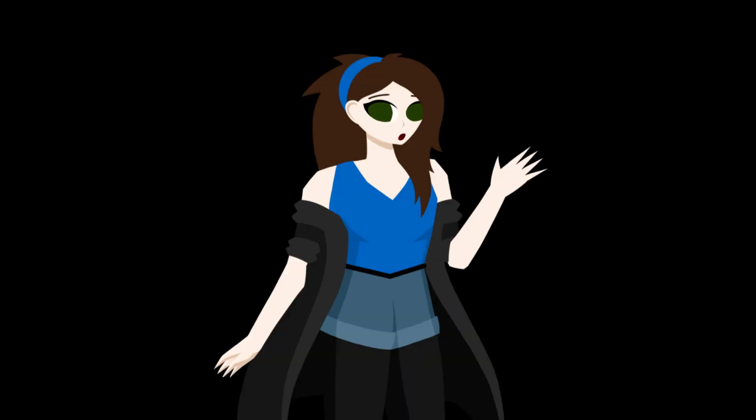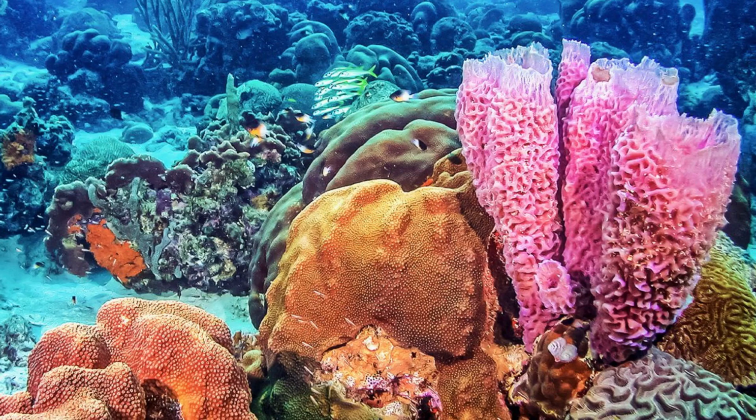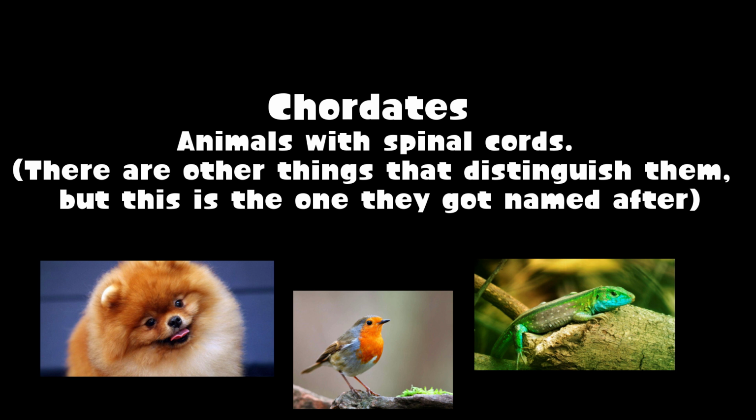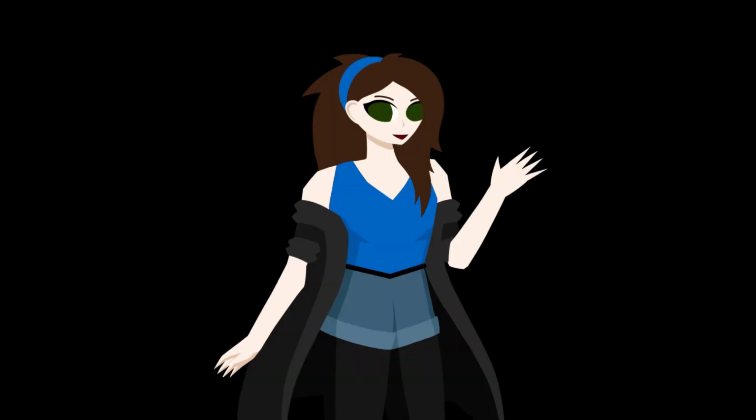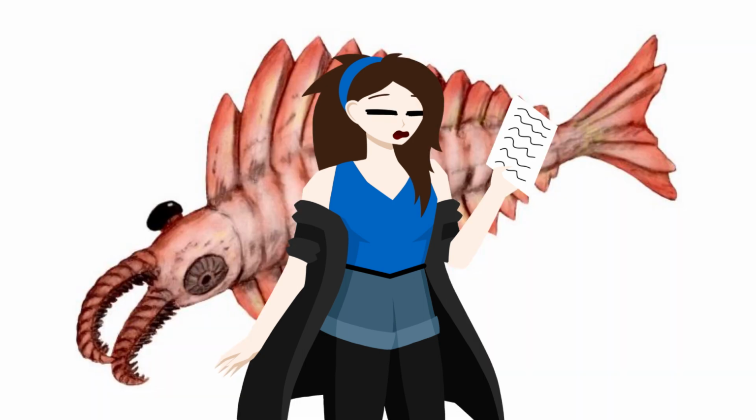We're not going to go over all of them here because there are a lot, and people argue about how they're grouped, but the ones you'll most likely recognise are sponges, jellyfish, mollusks, arthropods, and chordates, animals with spinal cords that would eventually produce vertebrates. However, they aren't the only things to appear, as several things that arose during the Cambrian Explosion just aren't around anymore. I'm going to briefly touch on some of the more easily recognisable Cambrian animals here, starting with Opabinia and this thing that no one knows how to pronounce.